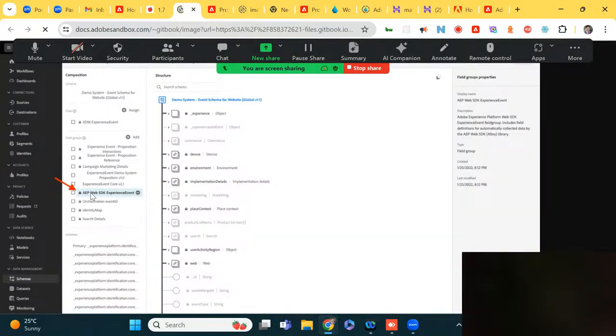You can see here, the XDM experience event class has the AEP Web SDK experience event in the field groups. So for all your demo system website global, that will be available. If you click on it, this comes up: place, content, environment, device. These are the minimum fields they add to all the experience events, so that they can prepare kind of real-time profiling based on the data they capture for the user